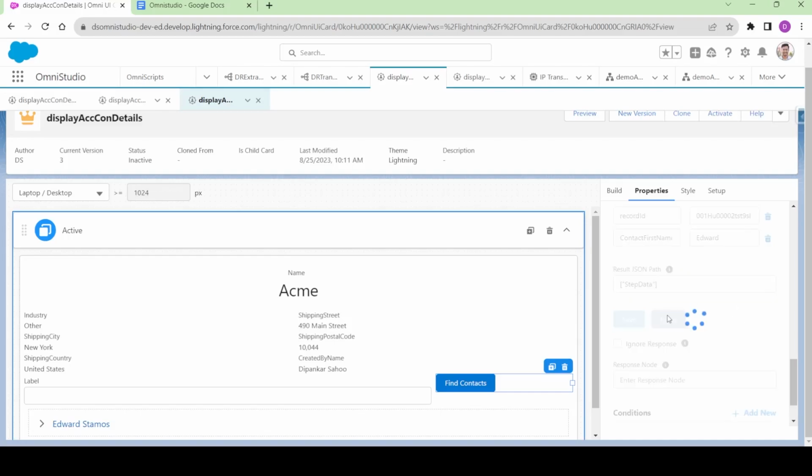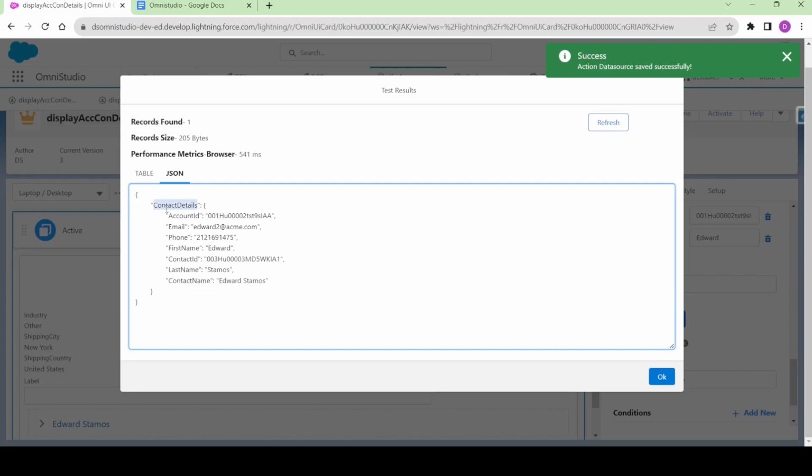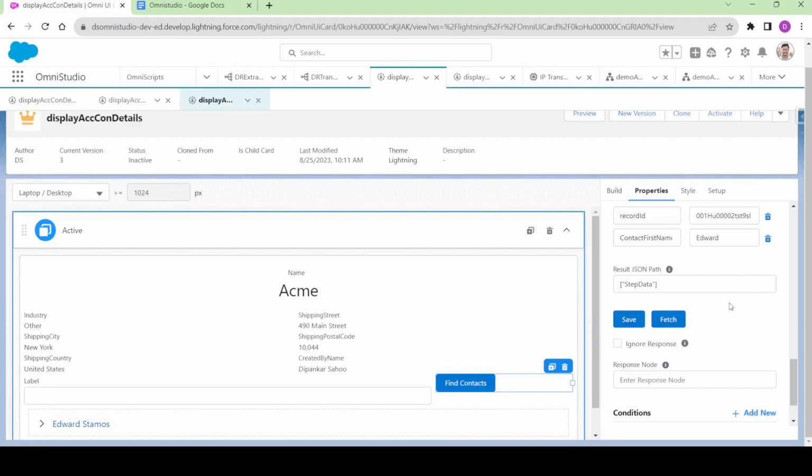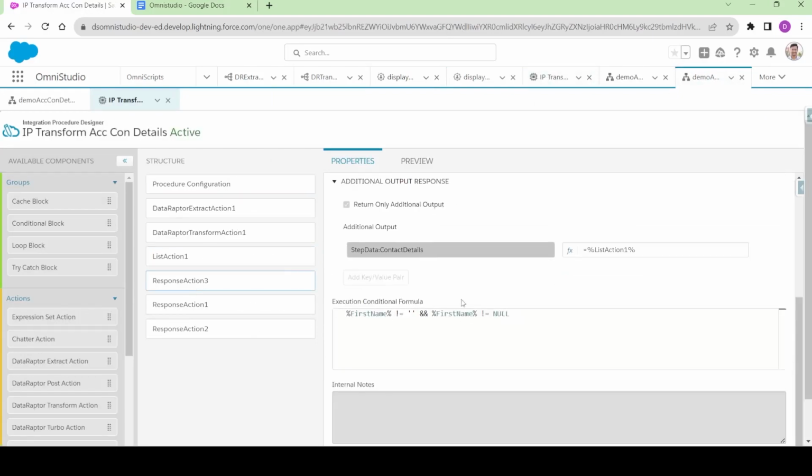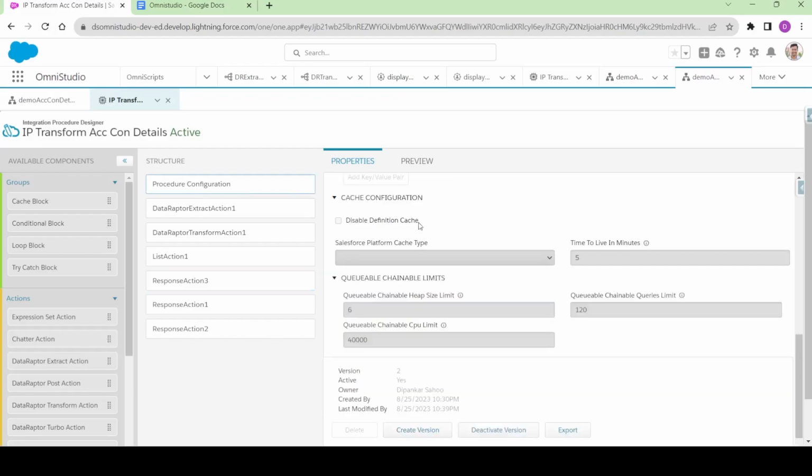And now if I come to fetch, I'll be able to fetch this data here as well, right? And one more thing that we can improve over here is, if I go to the integration procedure, the response section, we are giving it as it is, but let's try to make it as a list as well. So let's try to click on deactivate,